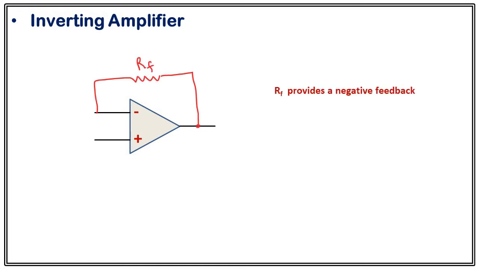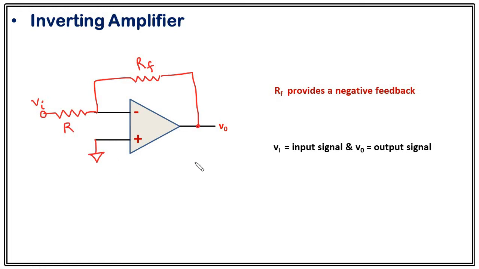In the previous lecture, I discussed the inverting amplifier. There we have seen that if we want to control and tune the gain of an op-amp, we need to provide a negative feedback. Here, if you provide a negative feedback using a resistance RF, connect an input voltage to the inverting terminal through a resistance R, and put the non-inverting terminal at the ground potential, this circuit will serve as an inverting amplifier.